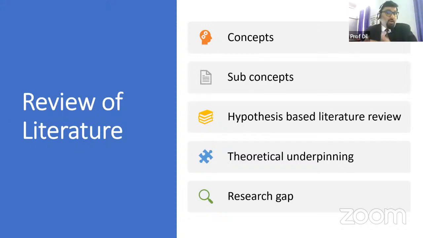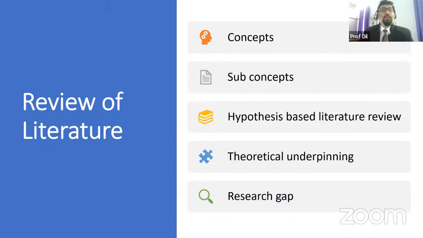Certain types of theories, a lot of theories are available. My question is not like that. Why or how does that particular theory integrate the factors you have selected for the study logically? If this is the theory, I can fix my variables on top of it. It's perfectly supporting that particular theory. So whether that particular theory has any stand in your research or not, I'll look at that.